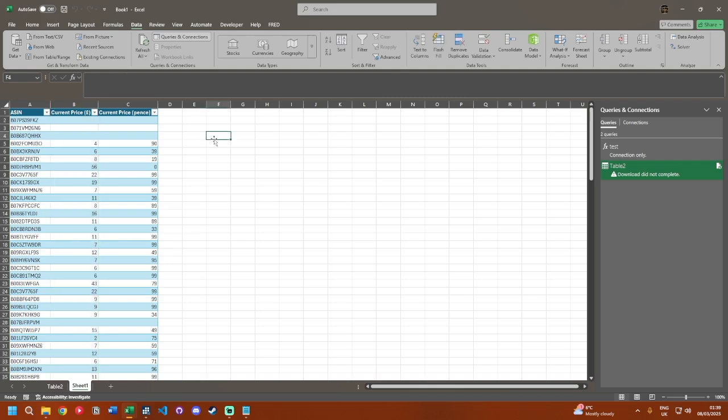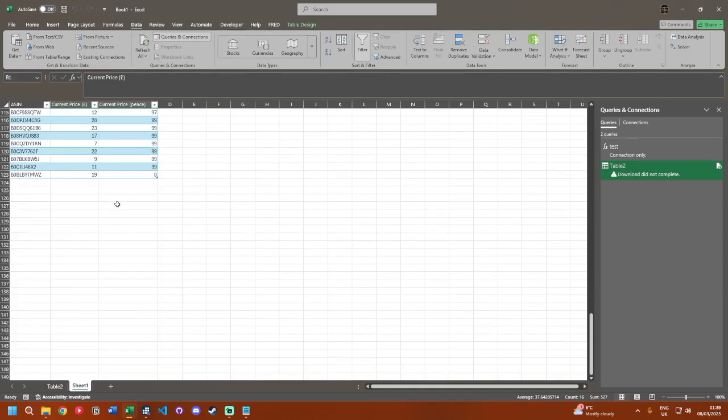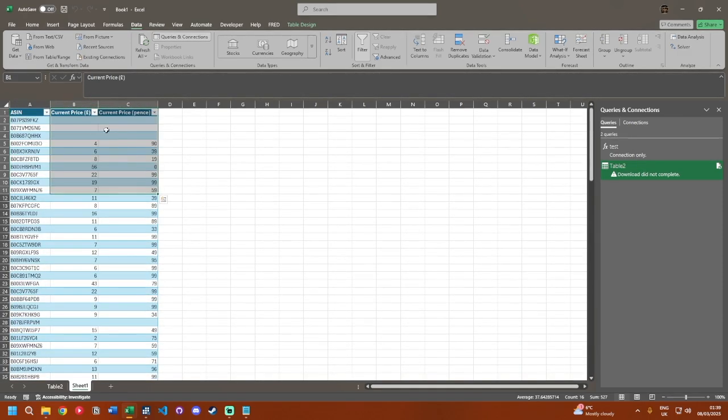but it didn't come with anything, which is why we deleted it. You should probably keep it, and if you don't, then maybe decide to do a different product. That might help. And we have our current price, pound and pence, and we merge these together in Power Query. But what you do is basically highlight this table and then click data, and then click from table range. This will open in Power Query,